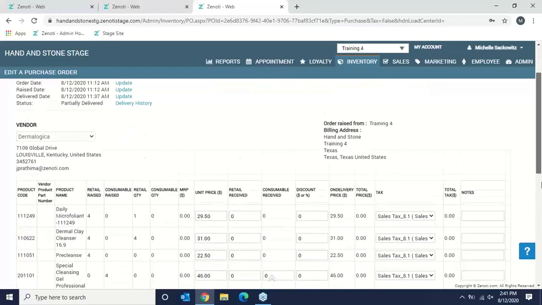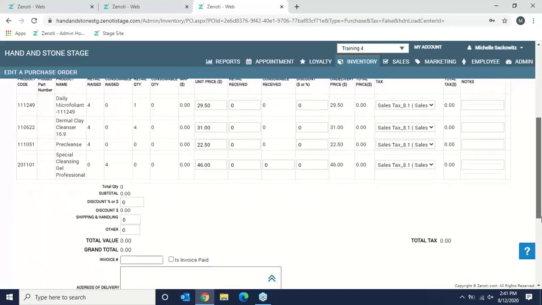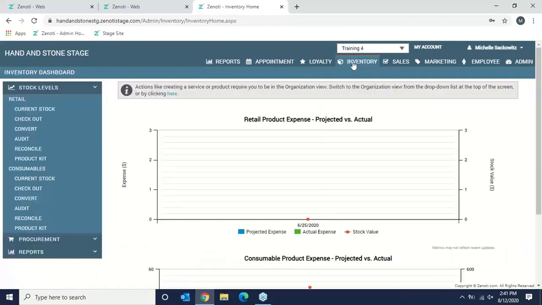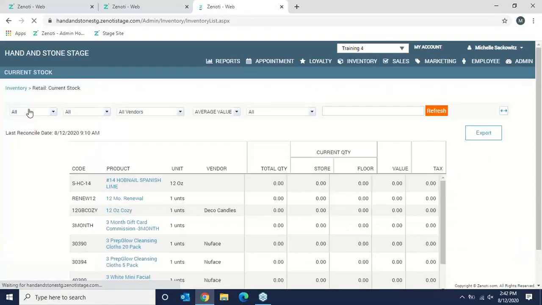Okay, so we went over how to create a purchase order and how to receive that order. Now I'm going to show you how to do your on-hand count so you are able to see what's in your spa. You do have the option to do current stock. If I select that, again, you'll see retail here and you'll see consumables. One is your retail product and the other is your professional. So if I hit current stock here,